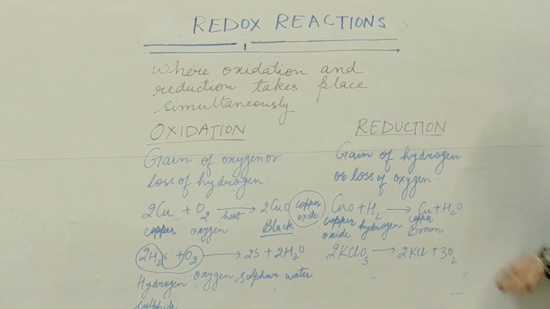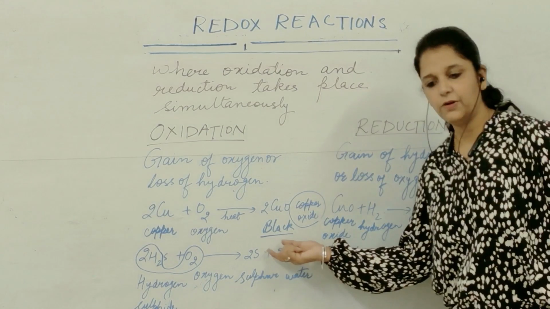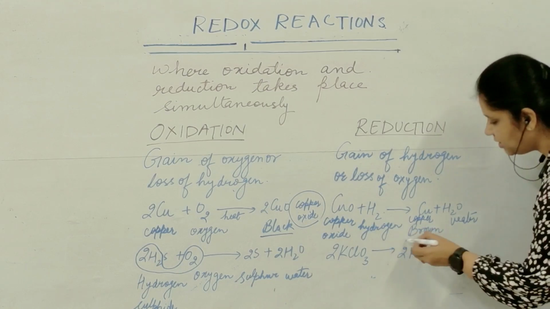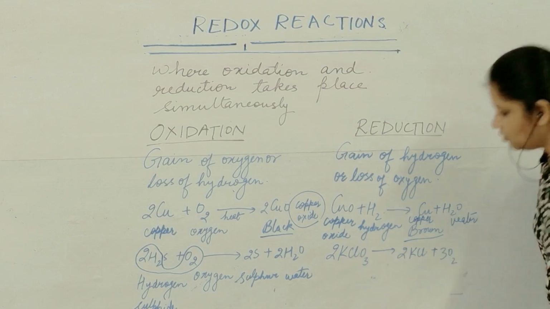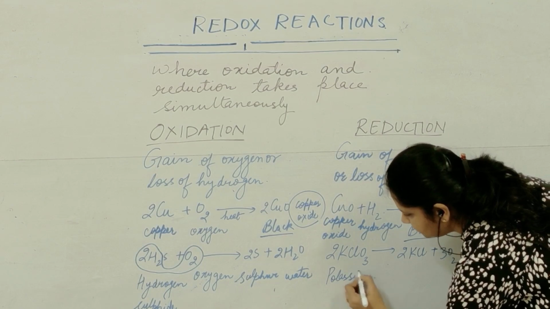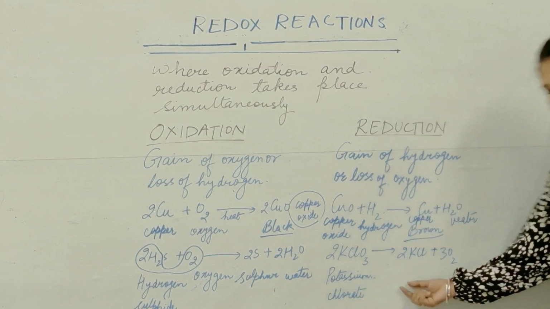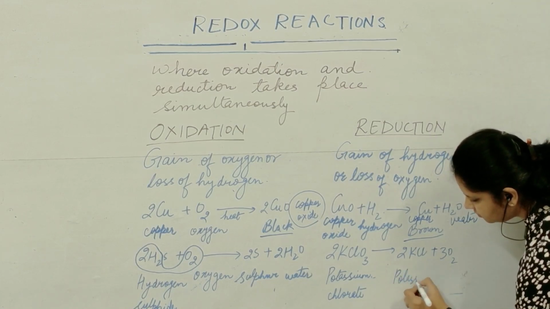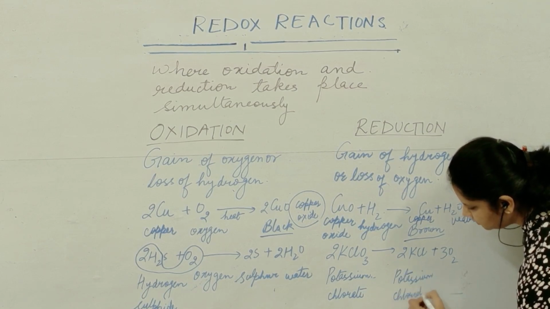Along with the release of water. अब यहाँ ध्यान देने वाली बात यह है कि copper oxide का color क्या था, black, and once it gets reduced it gets converted into brown. The other reaction is of potassium chlorate. इसका reduction जब होता है then what it forms, potassium chloride and